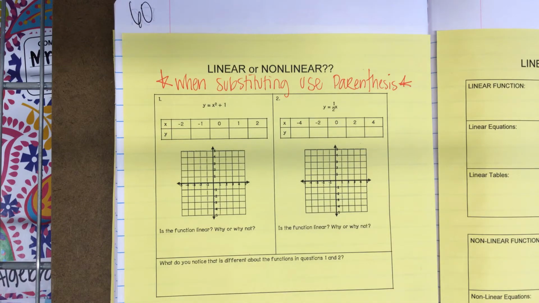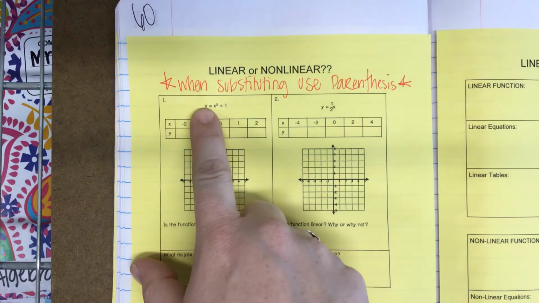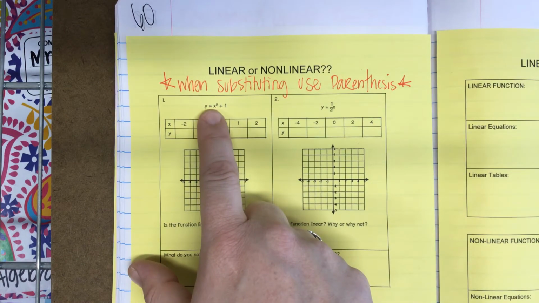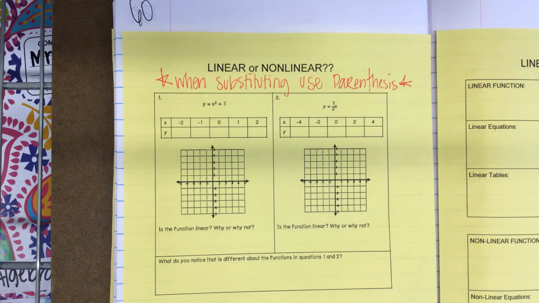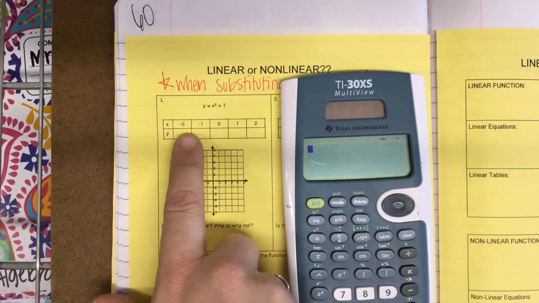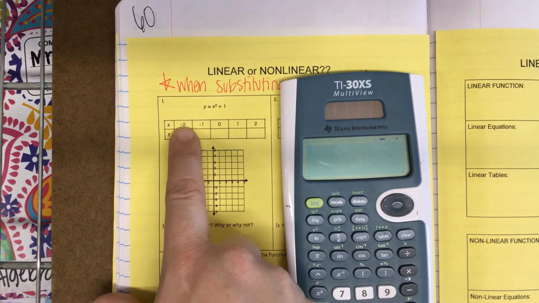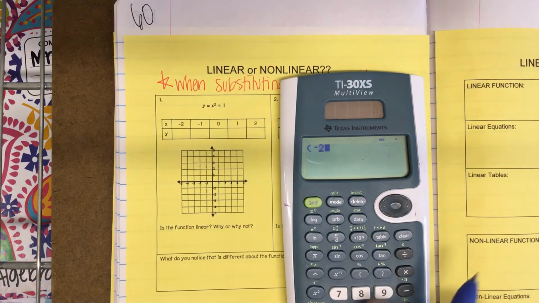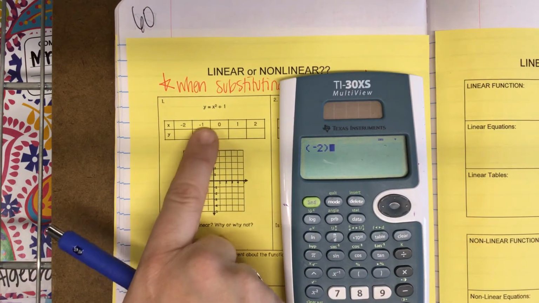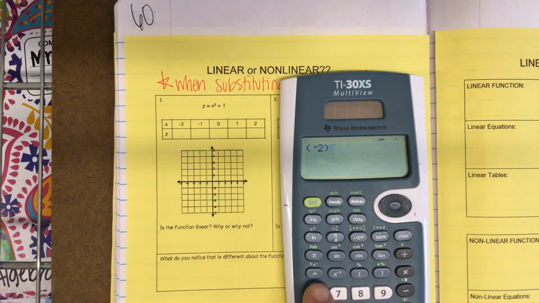So grab your calculator, and we're going to fill in this table. My equation is y equals x squared plus 1. So you're going to grab your calculator. And instead of x, you're going to substitute -2. So you're going to put -2 in for x. So -2 squared